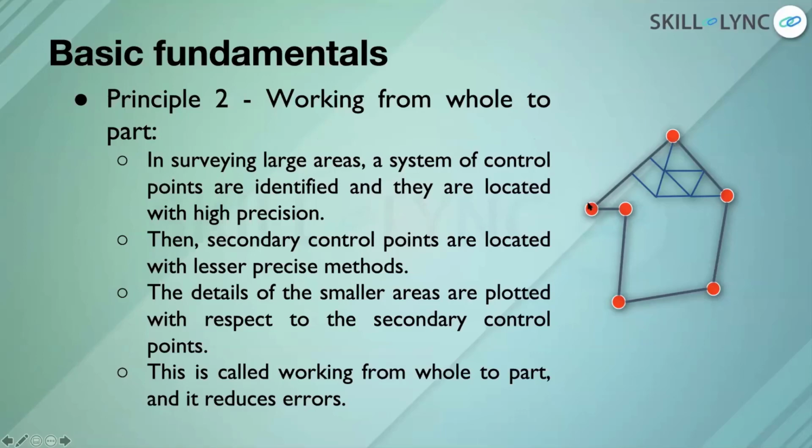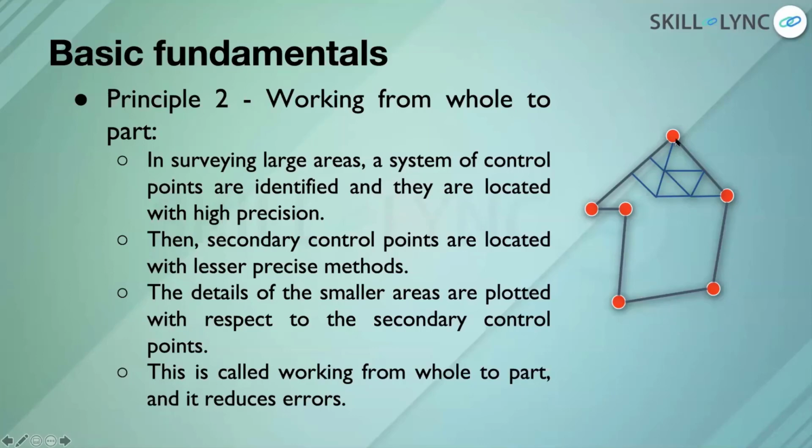So I establish control points along the boundary of the survey. These red dots here, those are my control points, or those are my major control points, I would say, which need to be estimated or which need to be found with the maximum level of accuracy. I use a lot of money, I use a lot of sophisticated instruments to find these points because they need to be completely accurate. Once I do that, I use any of these 2 control points to establish much smaller control points. Like, these blue triangles have vertices, right? The vertex of each triangle, that's a control point.